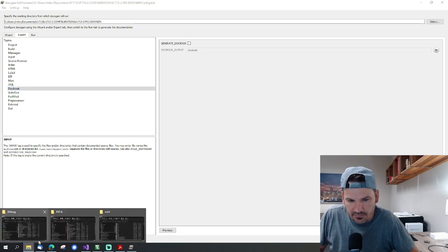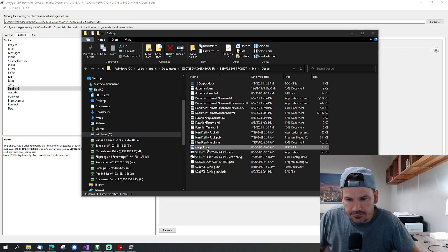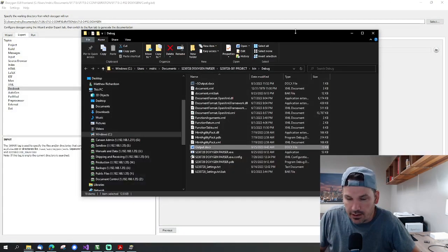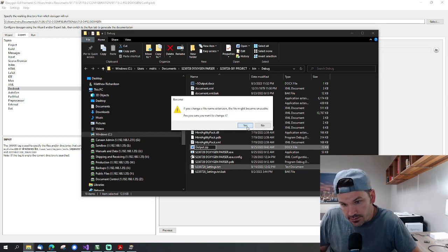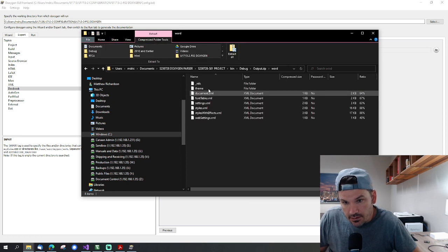So if you didn't know, there's a format called OpenXML. If we have a Word document like this, so I'll open this document up here. This is a new document, right? That's all that's in this document. If you come over here and you change the extension, anything that has an X on it is basically a zip file. So docx, xlsx, pptx for PowerPoint, all these are just zip folders. Are you sure you want to change it? Yes. Now when I open this thing up and I go into here and I grab document.xml,